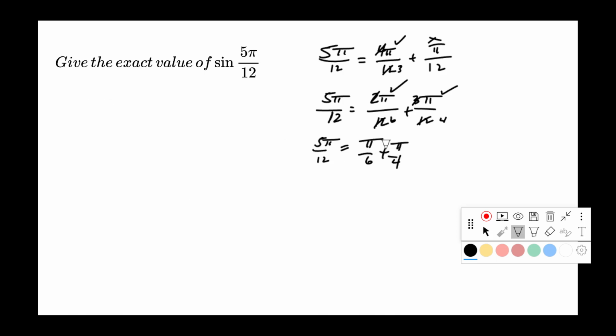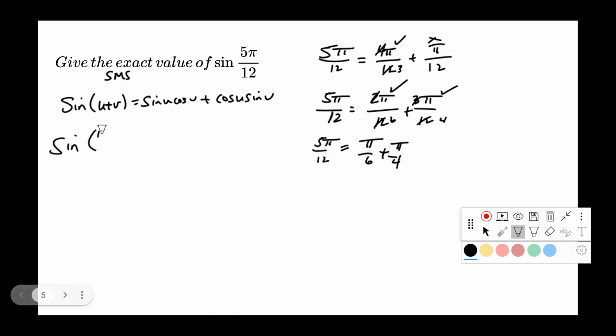We're doing addition here, right? Adding. So we're going to need the sine of u plus v. So the sine of u plus v, sine, we mix them and keep the same sign. So that's going to be sine u cosine v plus, keep the same sign, cosine u sine v. All right, so that's sine of pi over 6 plus pi over 4. So that's going to be sine of pi over 6 times cosine pi over 4 plus cosine pi over 4